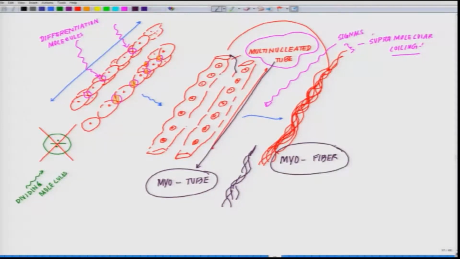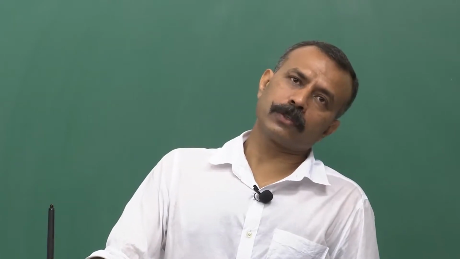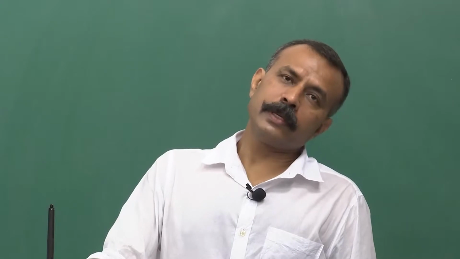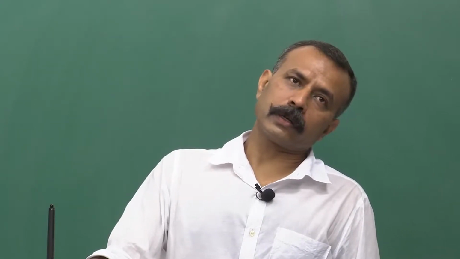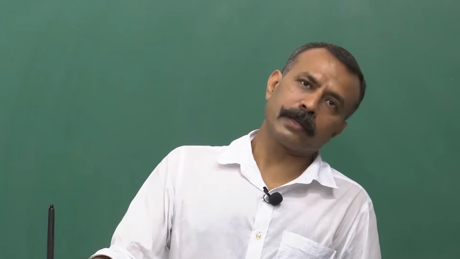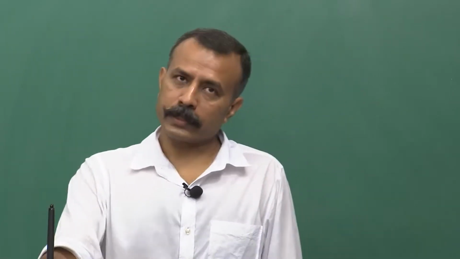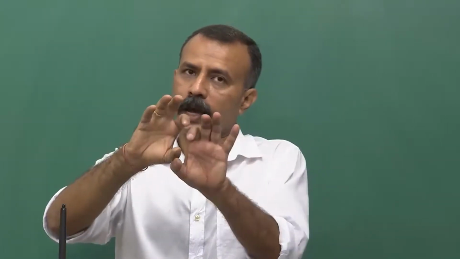So, see, we started with the progenitor cells which went to their specific location in the cartilage during development, followed by the generation of a series of myocytes, the cells which are destined to become muscle. These myocytes align with each other to form a multinucleated structure called myotubes. These myotubes, with respect to myocytes, have lost the individual identity of the cells because they have all coalesced together and form